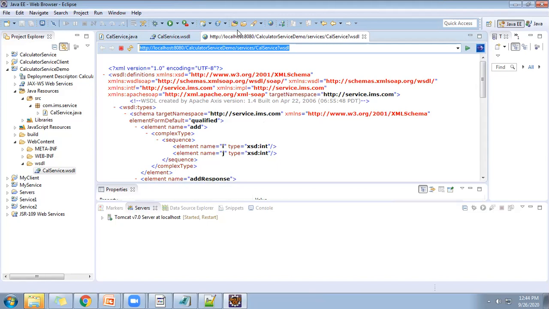Then first I am opening Microsoft XML Notepad.